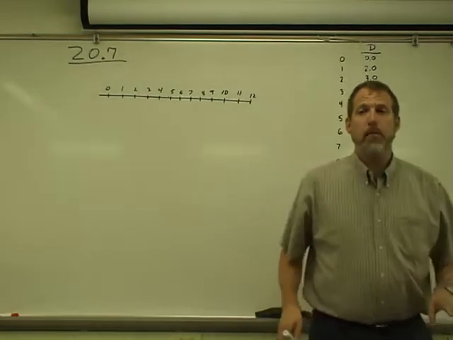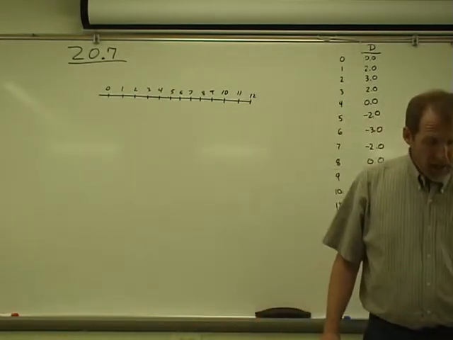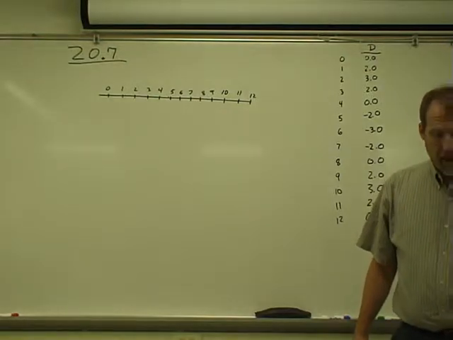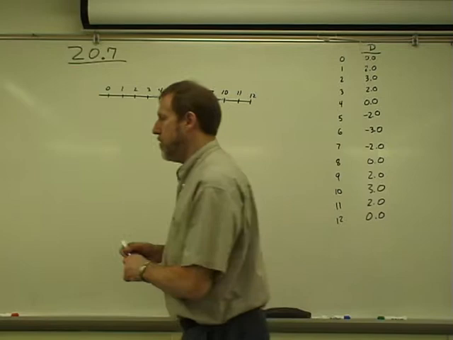There are two types of waves. We'll divide waves into two different types: a transverse wave and a longitudinal wave. Now a transverse wave